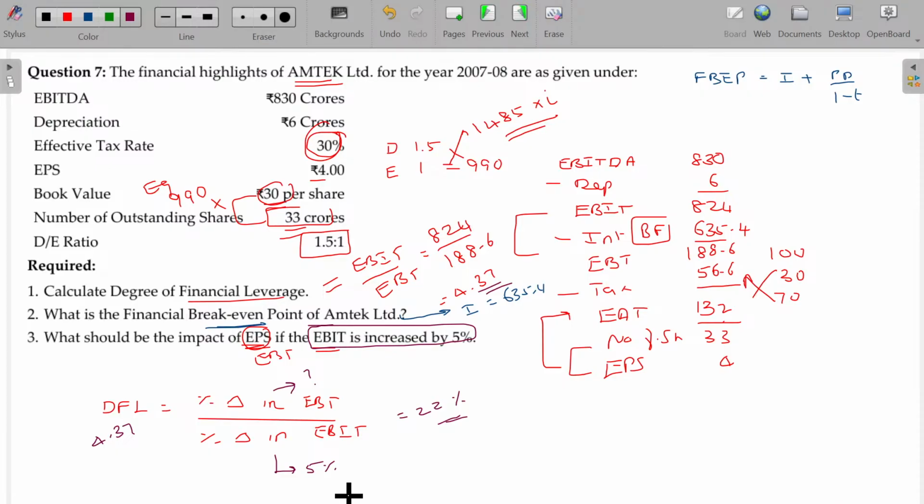I have chosen this illustration because it requires slight understanding, like background calculation as well as missing data calculations. That's why I included it, else the sum is very easy. With that, all the illustrations of the leverages chapter are over. I request you to try the additional illustrations from the past years' question paper collection already available on the Singar Academy site. Just download and try to solve the illustrations without referring to the answers, right? If it is clear, text me. We'll go for discussing the derivation part.